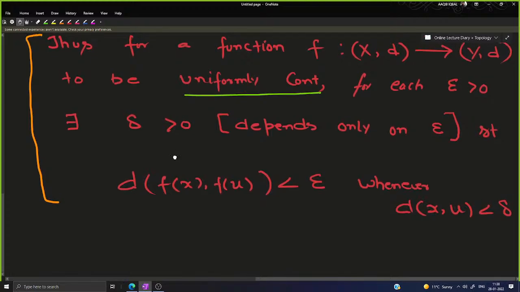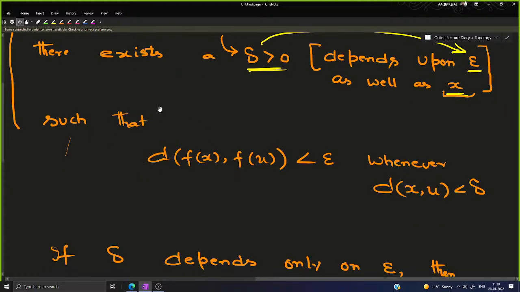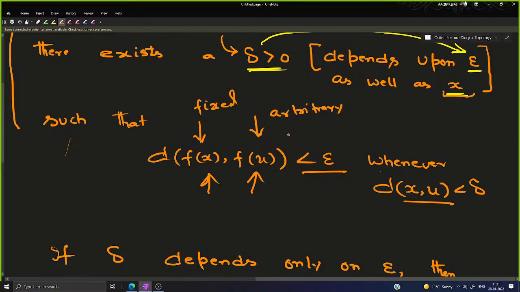तो ये होगी पहली डिफरेंस। अब जो दूसरी डिफरेंस है वो आपको यहाँ देखने को मिलेगी। देखिए, जब आप यहाँ कहते हैं ना, distance between f(x) and f(u) is less than epsilon whenever the distance between x and u is less than delta, यहाँ आपके पास दो पॉइंट्स हैं x and u, but they are of different nature। यहाँ जो x है ना, it is fixed, whereas this is arbitrary in some sense. u पर as such कोई restriction नहीं है. It simply has to be delta close to x. तब जाके आपकी जो images होंगी, they will be epsilon close. तो in a way आप कह सकते हैं यहाँ पर this x is fixed whereas this u is arbitrary.